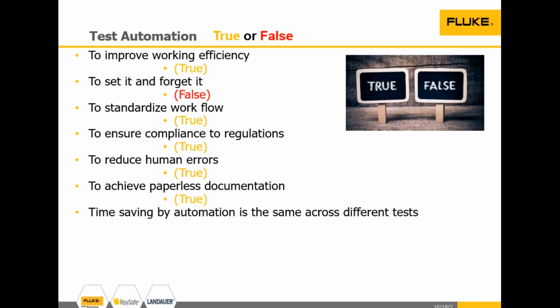Time saving by automation is the same across different tests. False. It's false, right? Because it depends on what kind of test you're running. You could save 30%, or you can save up to 50%. For example, electrical safety or patient monitor or defibrillator, you can save up to 50% of your test time by using automation. But for certain tests, such as electrical surgery, for certain electrical surgery units, but